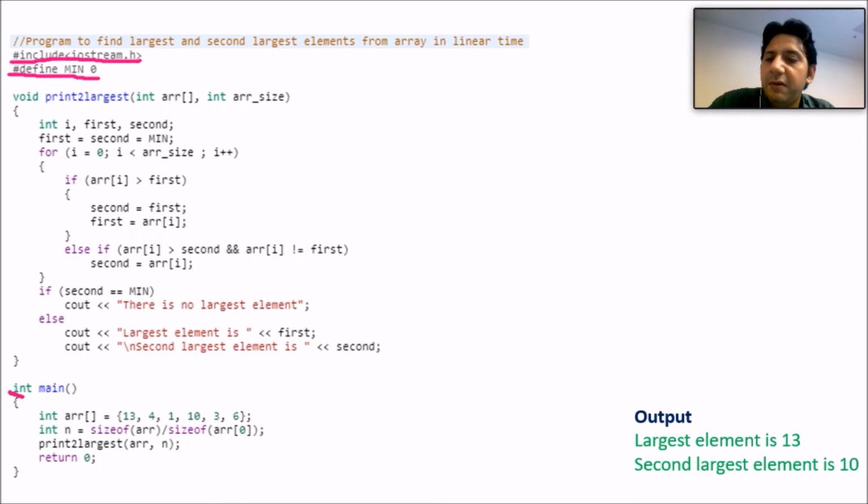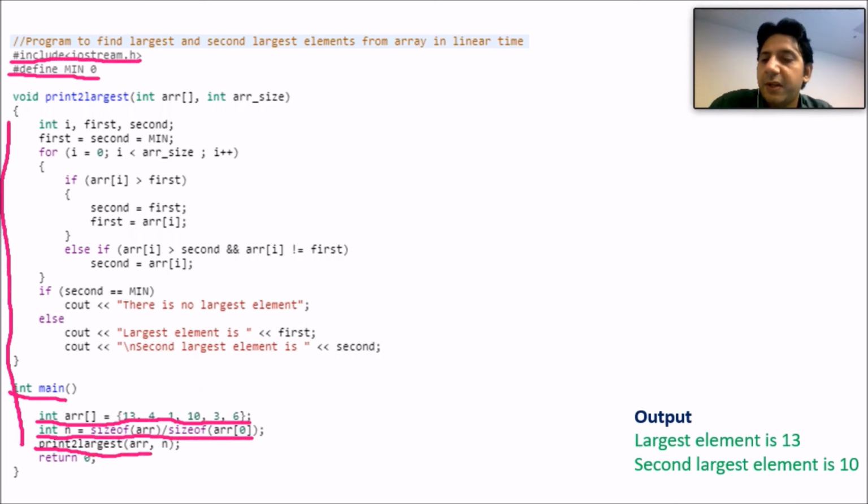Coming to the main function, array is declared, constant time, size of array is calculated, constant time, calling the function and the control is shifted to the function, initializing the variables, constant time, declaring the variables, constant time, initializing the first and second with the minimum, constant time.